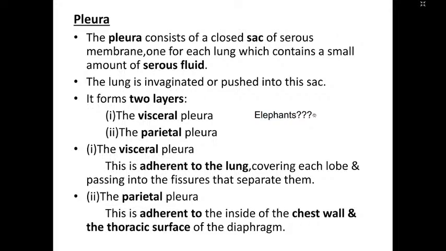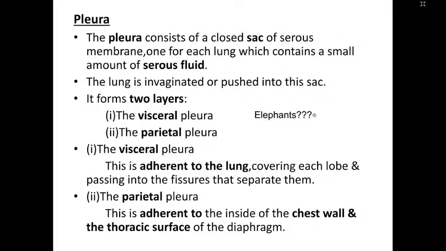So the visceral pleura is adherent to the lung. Viscera, lung is a viscera, remember like that. Okay, so the visceral pleura is stuck to the lung. It covers all the lobes and the fissures. So you can just say that it is like part of your lung, the external layer of your lung. Then there is a parietal pleura. So I have always kept mnemonics in my mind. So how do I remember what is parietal pleura, what is visceral pleura? Viscera, organ. So it is stuck to that, visceral pleura.